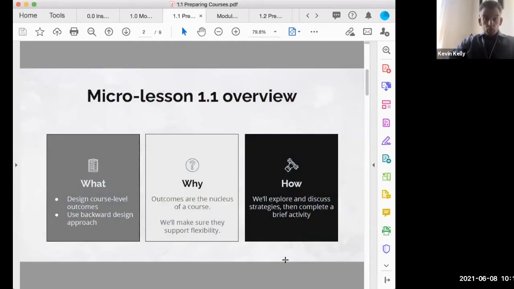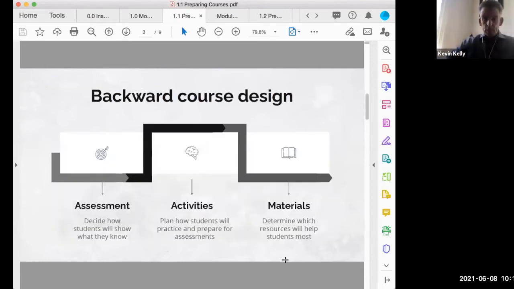Again, we're going to explore some strategies, and then we're going to complete a brief activity. So in the chat, please let me know if you have A, used backward design processes, B, heard of backward design processes, or C, never heard of it. Please tell me more. We have a couple of C nevers, and the large quantity,